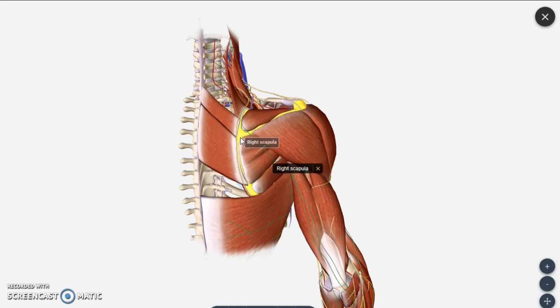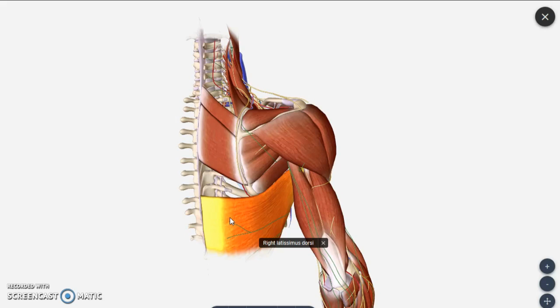So that bone we will call as scapula, which is again an important bone in upper limb. Clavicle is a bone seen in pectoral region, and now you are seeing the back bone, that is scapula, which is an example for flat bone. This scapula bone is covered posteriorly by some muscles, such as above we will be having supraspinatus and below we will be having infraspinatus. Just below the infraspinatus you will be having teres major muscle. So these are the muscles which you will approach in the lateral aspect of the back region after removing the trapezius muscle. And just below the trapezius you can see another important muscle, that is latissimus dorsi.